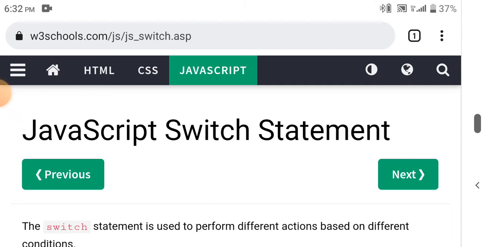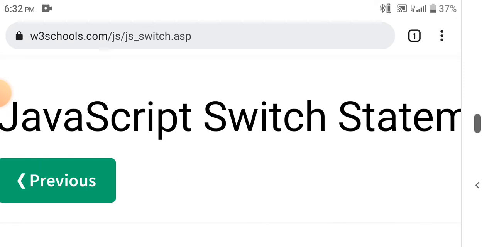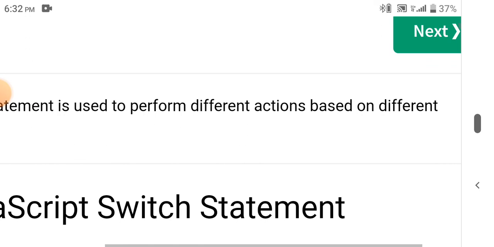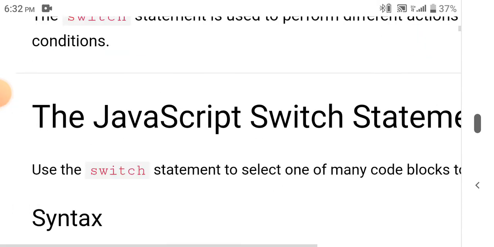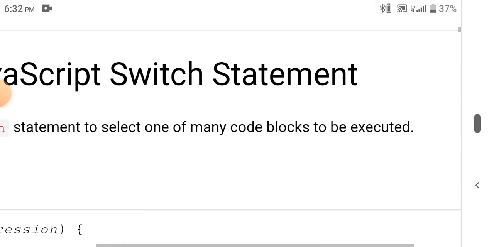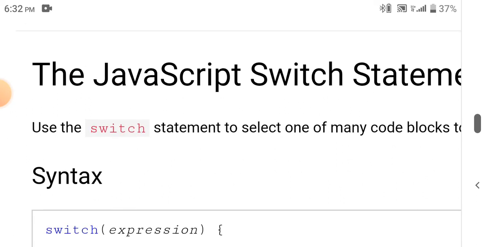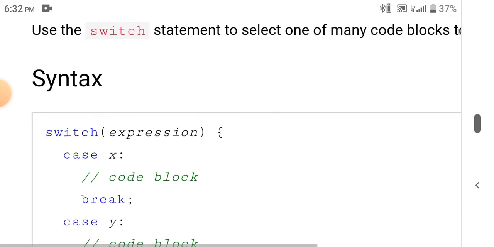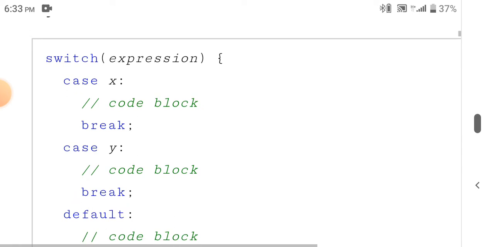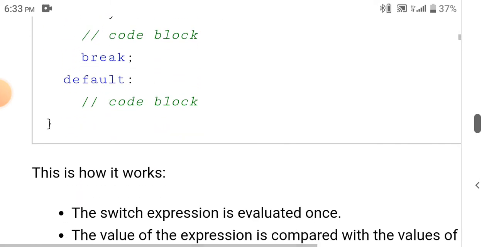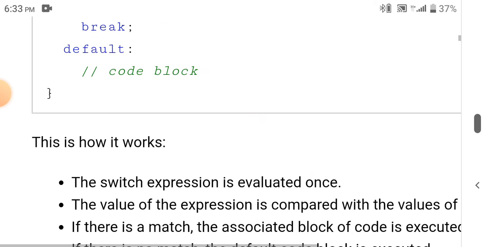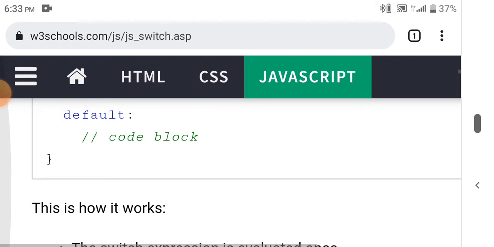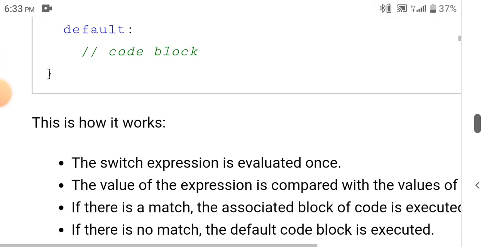JavaScript switch statement. The switch statement is used to perform different actions based on different conditions. The JavaScript switch statement use the switch statement to select one of many code blocks to be executed. Syntax হইতেছে এরকম, প্রত্যেকটা কেসে ব্রেক থাকবে, ডিফল্টেও ব্রেক থাকবে, যেটা দেখাইতে ভুলে গেছে। আচ্ছা জাভাস্ক্রিপ্টে অবশ্য ভিন্ন হইতে পারে, আমি যতদূর জানি যে ব্রেক থাকার কথা।